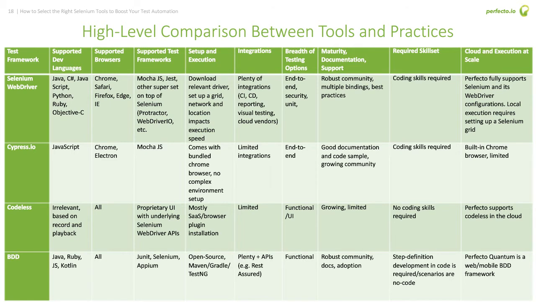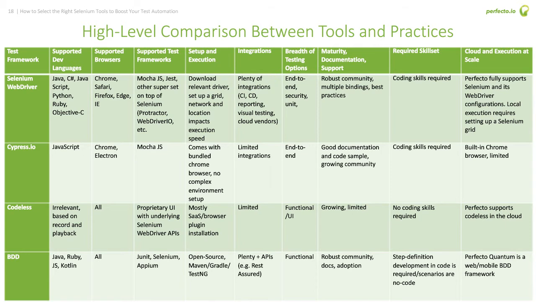The next and last one in my comparison is the BDD frameworks of the world. BDD fully supports Java, Ruby, Kotlin, and JavaScript. It supports all the browsers. It supports a lot of frameworks such as JUnit, Selenium, and Appium as well for mobile. The execution is quite easy, but again, you still need to have a decent level of technical skills to set it up, and you also need automation engineers or developer support to implement step definitions in code